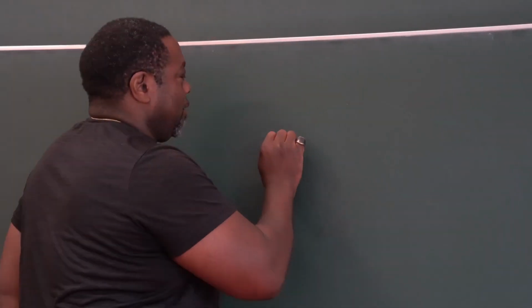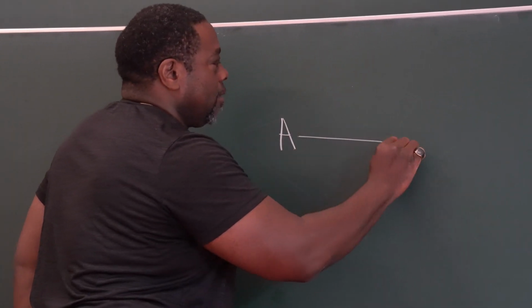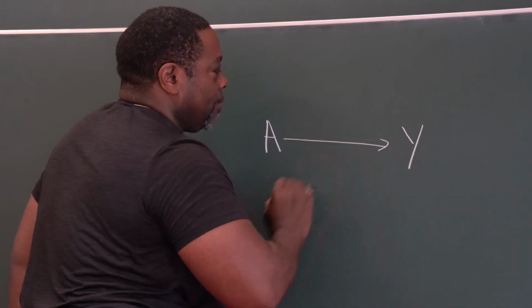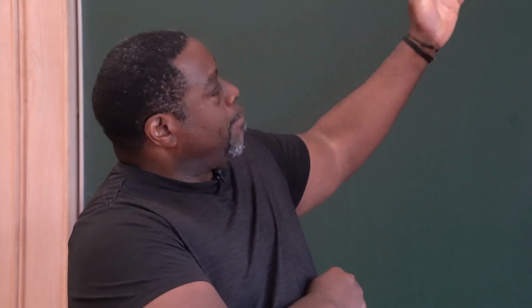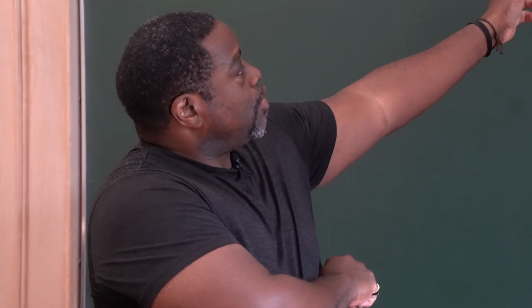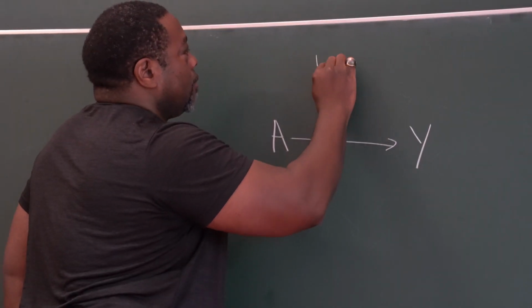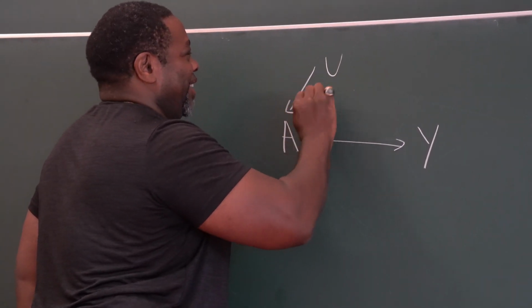So this is known as a directed acyclic graph, and it represents random variables for which we are interested in drawing a causal effect. So A might be a treatment, Y would be a health outcome, and we have observational data. It's non-experimental, and we want to learn whether A causally impacts Y, which is represented by this arrow. And we worry that they might be associated not because they're causally associated, but because there's a common cause. This is U here, that might not be observed.